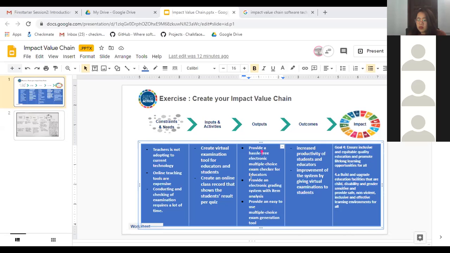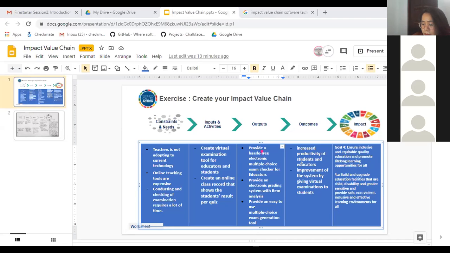Then for our outputs, we're going to provide a hassle-free electronic multiple choice exam checker for educators. This is what we have in our previous product, the manual checking or the automated checking using the paper provided by the educators. The second is to provide an electronic grading system with item analysis.